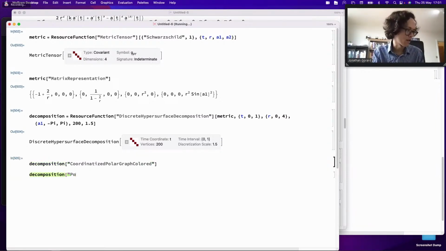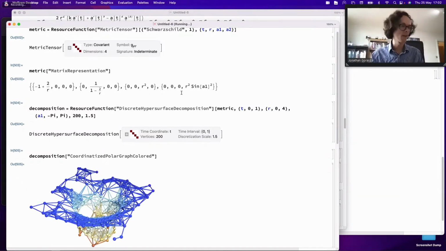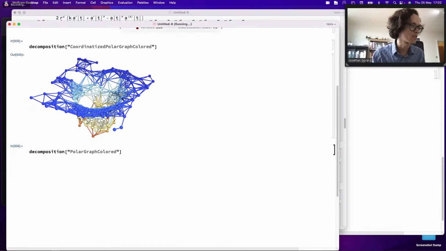So if I say, and I can also do polar graph color. So what I'm effectively doing here is, ordinarily the Einstein equations are, in the 4-dimensional case, a system of 10 independent partial differential equations of mixed hyperbolic elliptic type that are defined over the entirety of space-time. But ordinarily, when we want to think about the evolution of some relativistic system, we want to